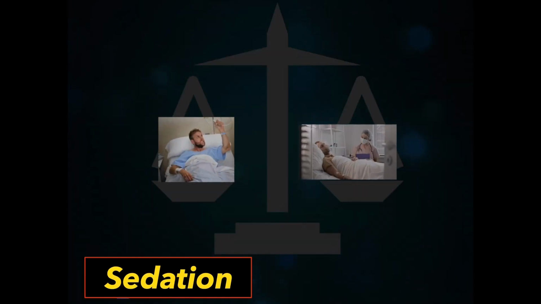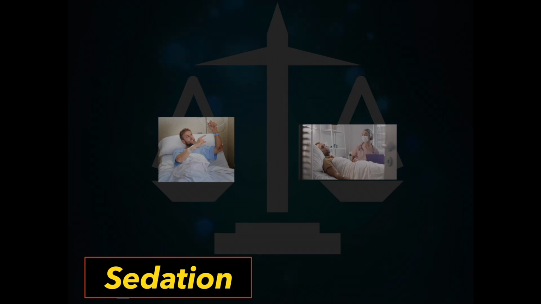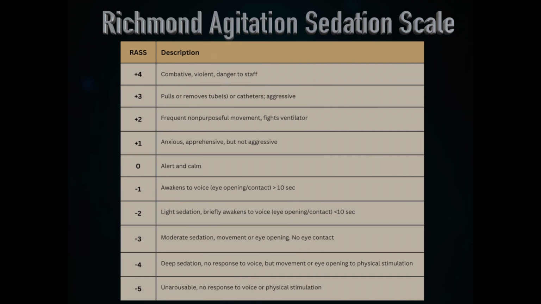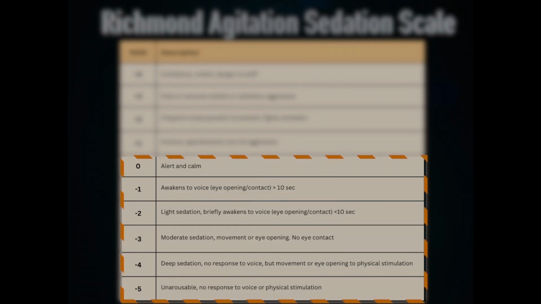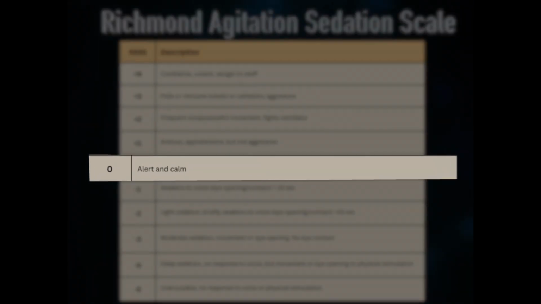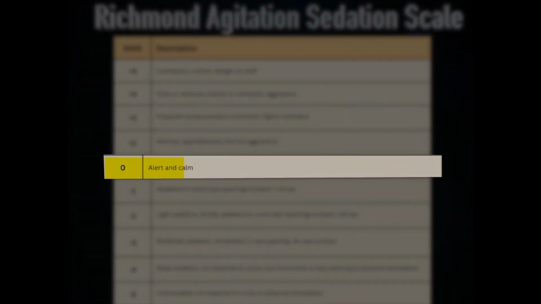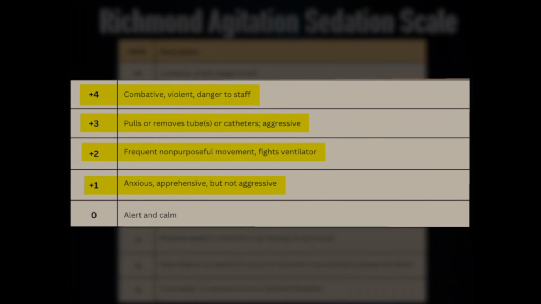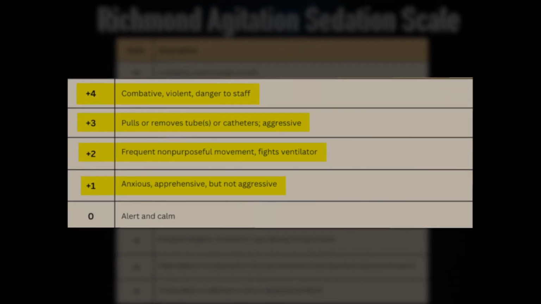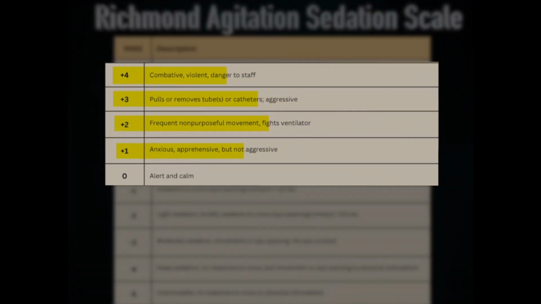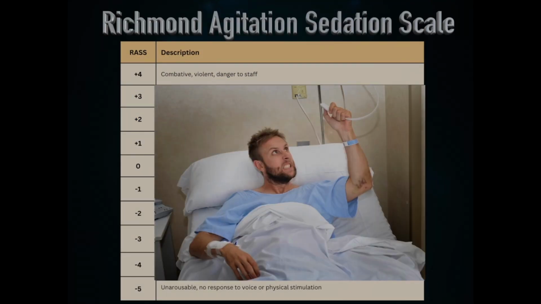Sedation. Sedation scales which are used to assess the levels of sedation in a person often incorporate EtCO2 measurements as well. The Richmond Agitation Sedation Scale can be used to assess a patient and subsequently rate them based on varying levels of either sedation or agitation. A patient who is alert and calm is rated as a 0, as they are neither agitated nor sedated. Moving up this scaling system, you can observe increasing levels of the patient appearing uncomfortable. The RASS has a max upper score of positive 4, and this represents a patient being combative and a danger